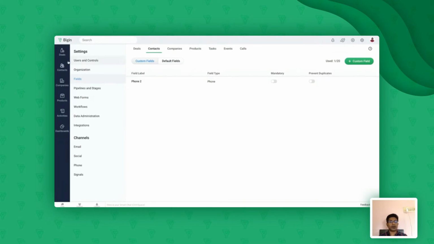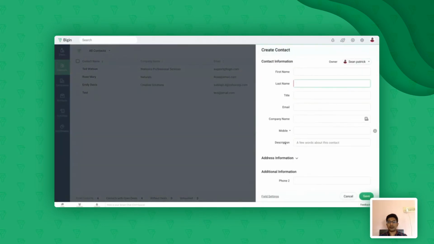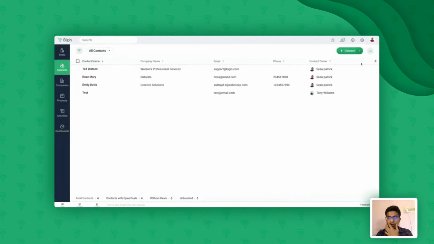Now if I go back to the contacts module and create a new contact, I can see the phone field over here. It is under the additional information section, but you can rename that as well. So here is your additional phone number field. The same applies to other fields as well.